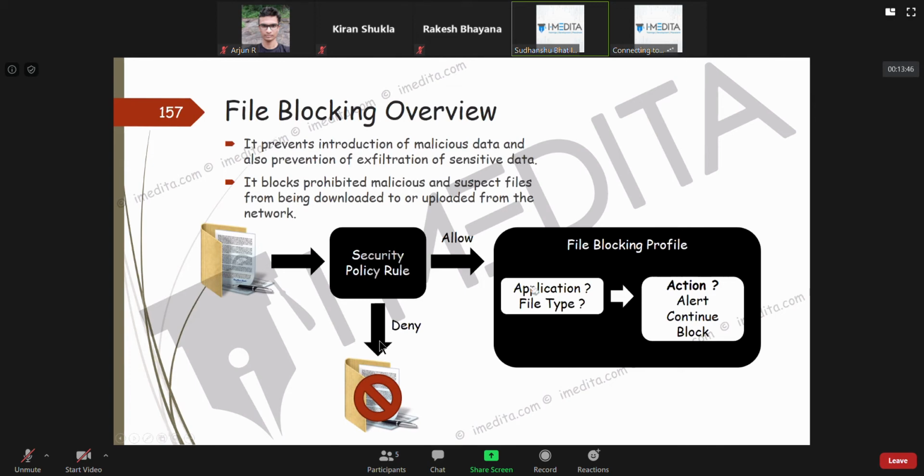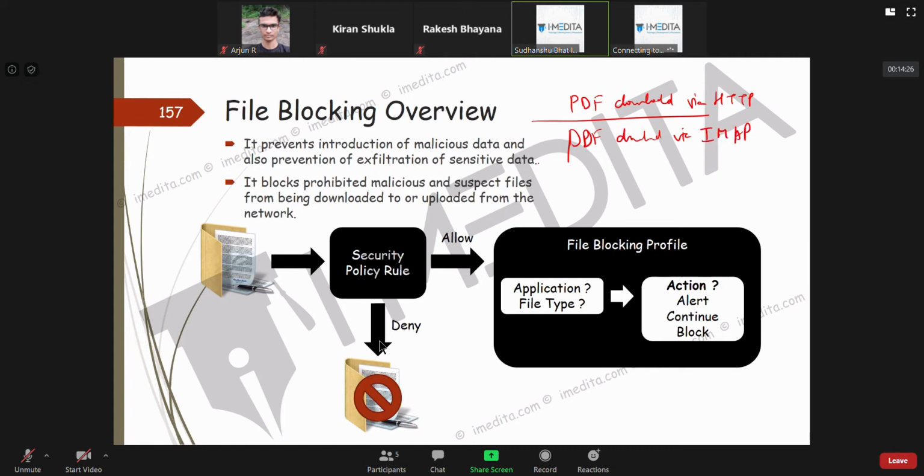For checking application, I'll give an example. Suppose I will not allow PDF to be downloaded via HTTP, but I want PDF to be allowed to be downloaded via emails, maybe for IMAP.